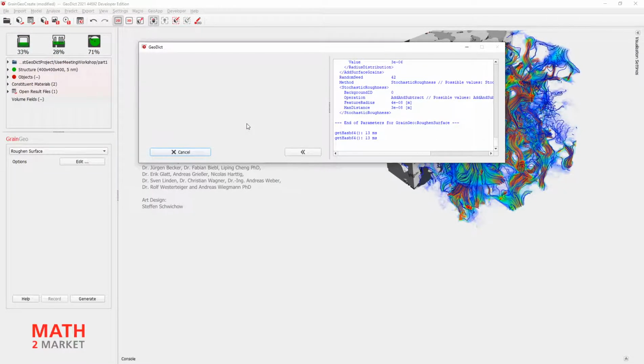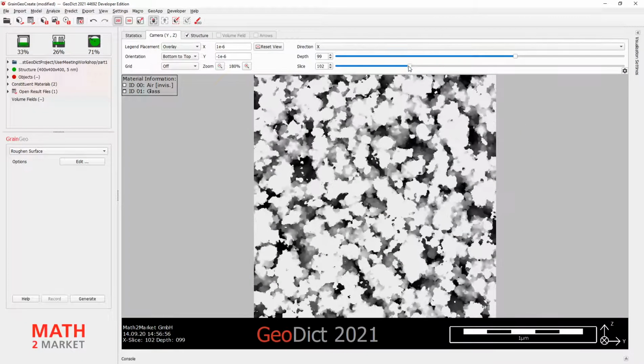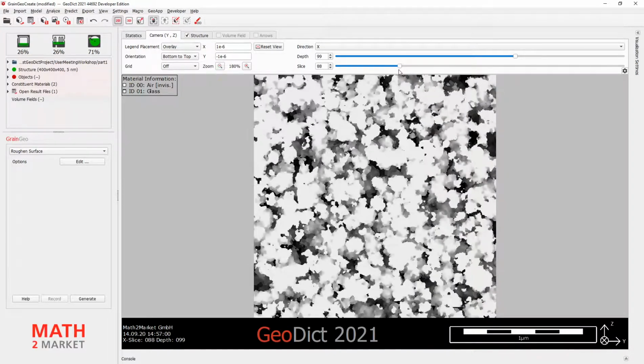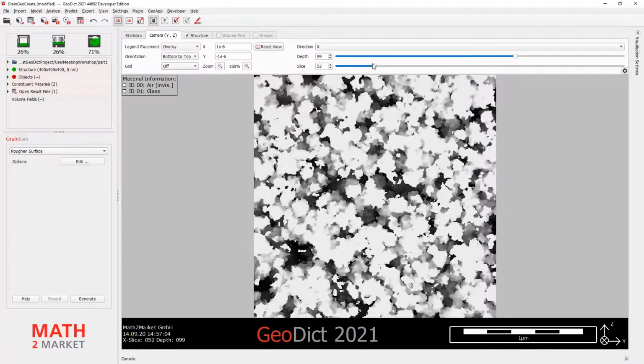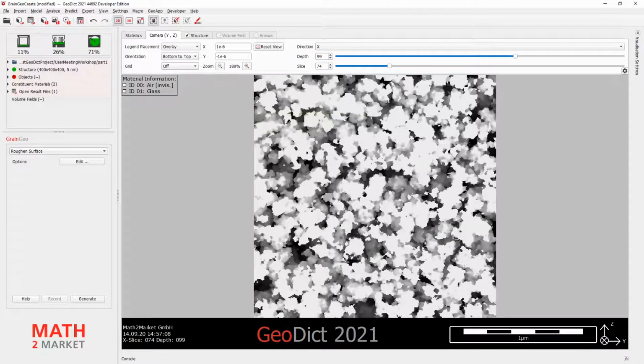Now adding the random field. All right, and there it is. Here you can see now that our ideal spherical particles are not visible anymore, but have this kind of structure that we want. All right, so this is the first half of the step, and now we have to simulate some diffusion,